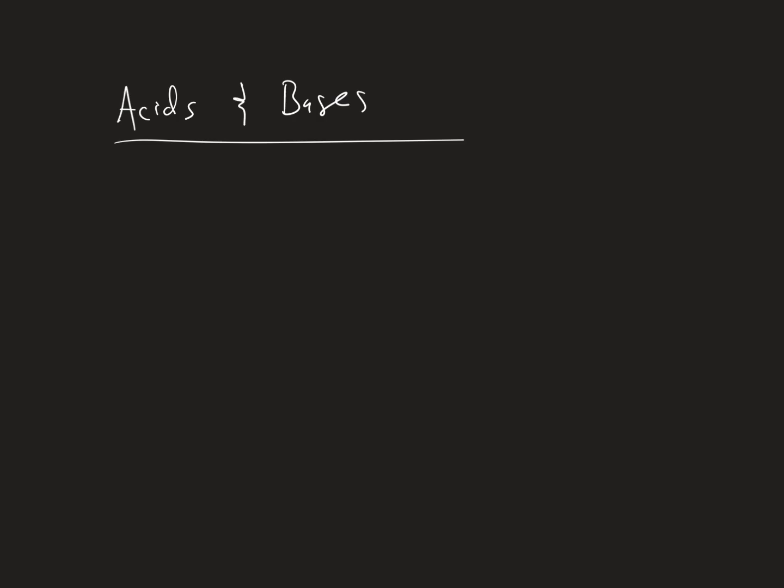Has a hydrogen ion as the cation, right? Okay. How do we know it's a base? Hydroxide is the anion of our ionic compound. Okay. Now that was in general. Now we're going to go a little bit deeper. So according to Arrhenius' definition of an acid and base, that's what it is. Okay. But it's not complete, so we're going to start